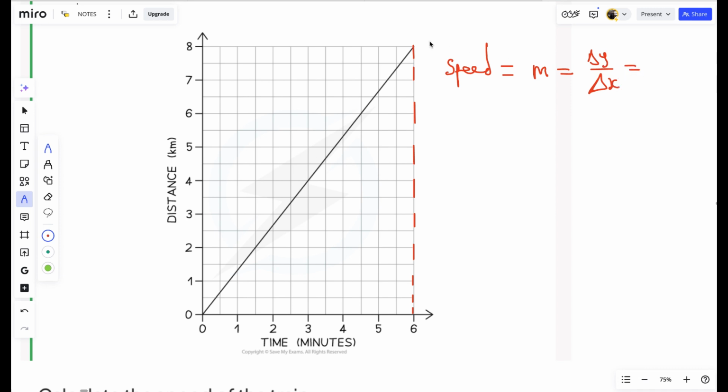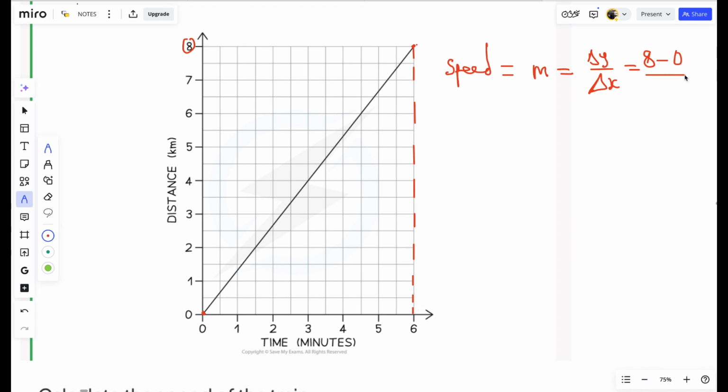The final y, the topmost value here. What's the topmost value on the y-axis? 8. So our speed will be calculated by simply saying 8 minus the bottom point. Because remember, when you want to draw a gradient, you choose 2 points. You can choose these 2 points from here to the end, or from the beginning to this place, or just use the whole thing. So you say minus 0, the bottom point on the y-axis, which is 0, all over the change